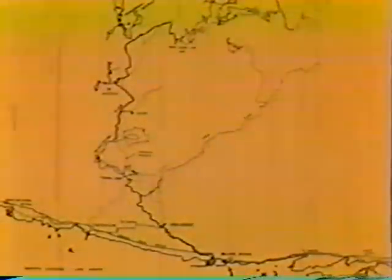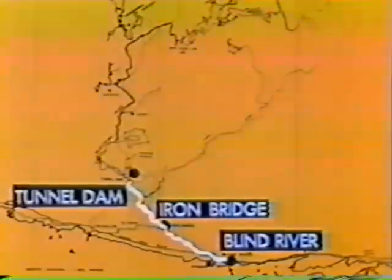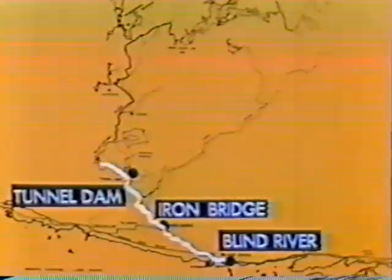You will go to the town of Blind River. Here is located one of the largest sawmills in Canada. The town is at the mouth of the Mississauga River on the north channel of Lake Huron. The road to this great pinery leads northwesterly through Iron Bridge to Tunnel Dam, then to Camp 4, near which